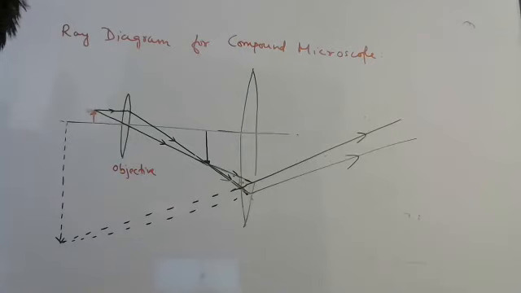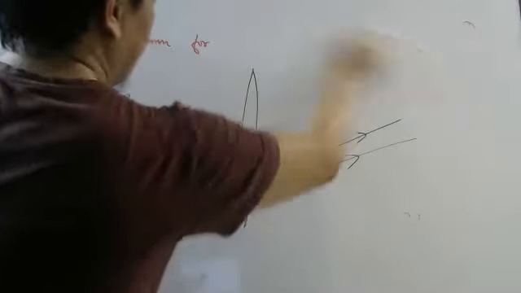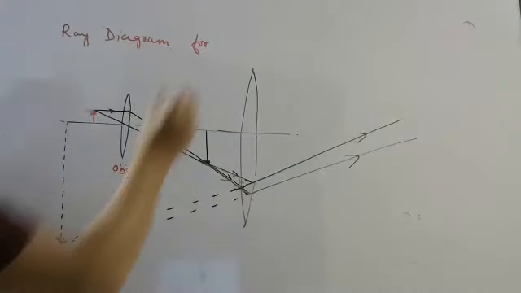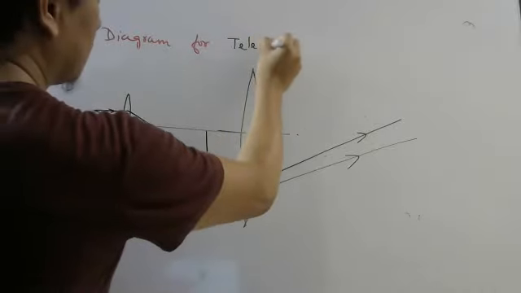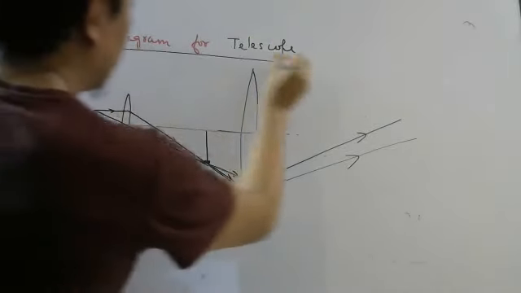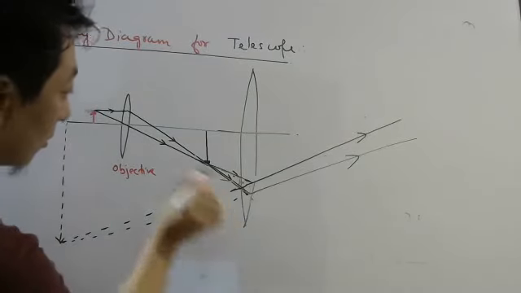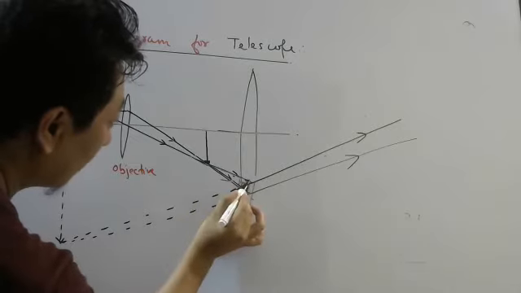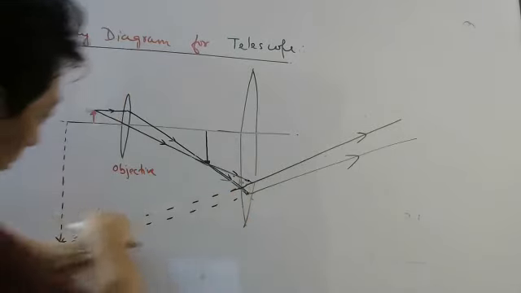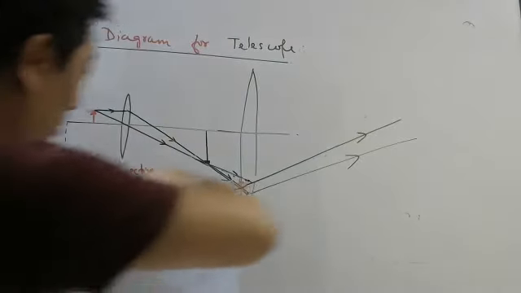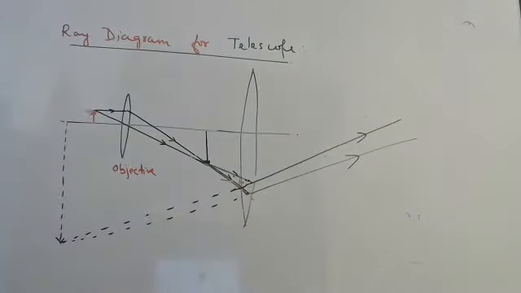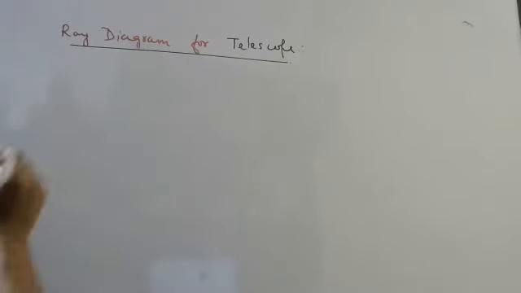Okay, so let us now draw the last one, which is the telescope. So again, as I told, you have to draw this image first, then you will be able to draw. So you continue these rays, stop at these points, then with a scale you draw a dot dot dot line, then go straight, then dot dot dot dot line, then go straight. That is the easiest way to draw. Okay, for the telescope it is quite simple.